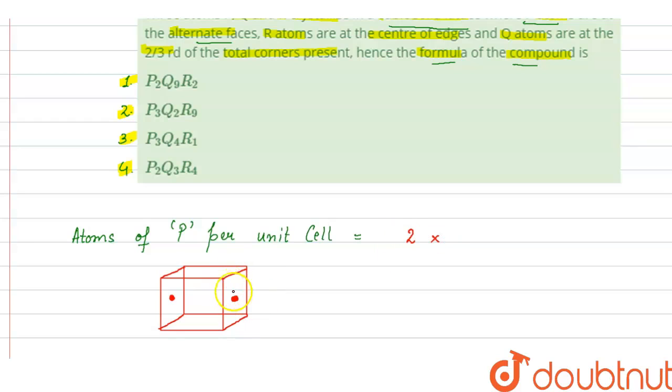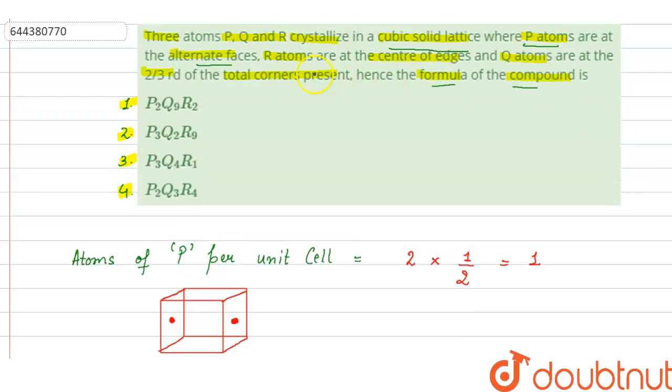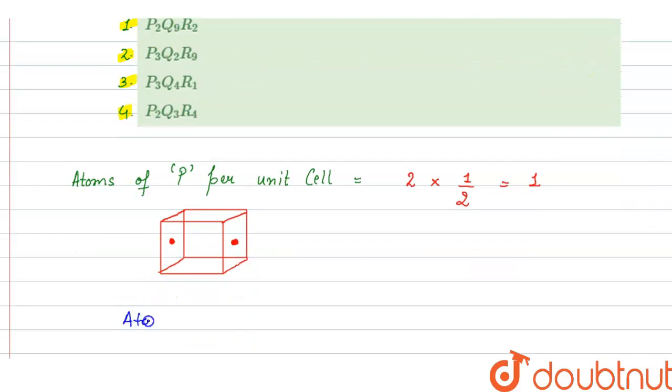Now we know that if a particle is present at the center of a face, it is shared by two unit cells. So its contribution per unit cell is 1 by 2. So 2 into 1 by 2 will be equal to 1. So P atoms present per unit cell are 1. Then we'll calculate R atoms. So atoms of R per unit cell